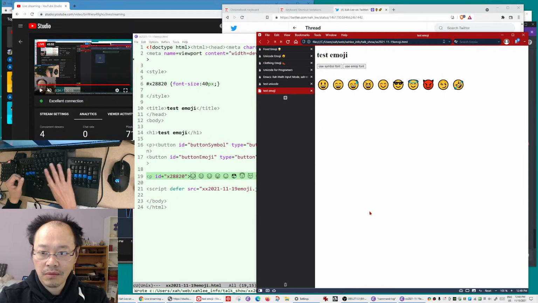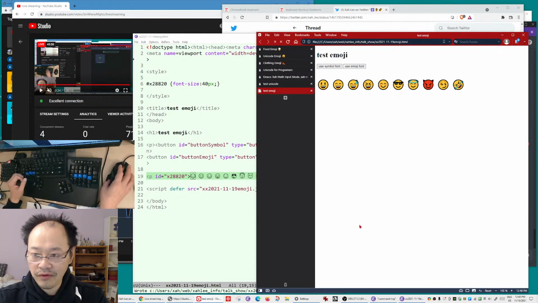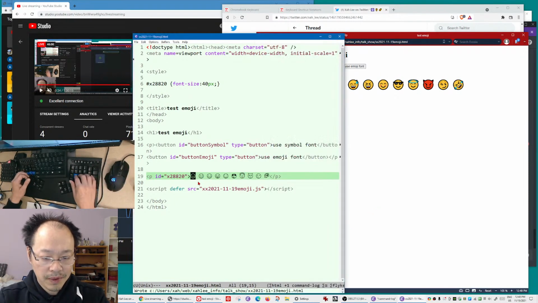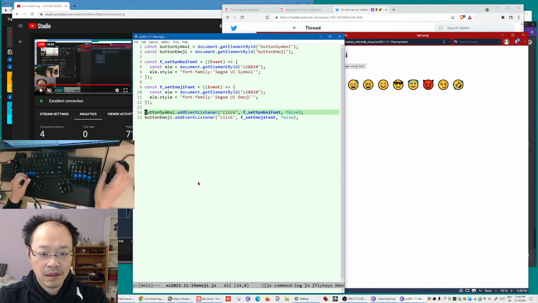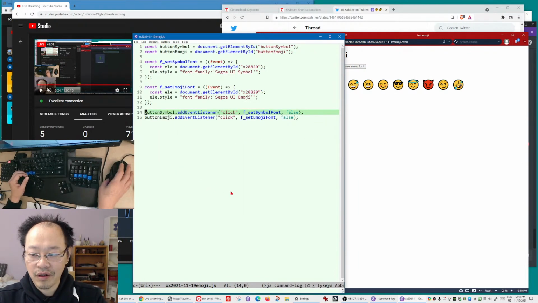So today we talked about the emoji versus symbols issue and a little bit of JavaScript. So you saw a little bit of JavaScript. So if you are learning JavaScript,